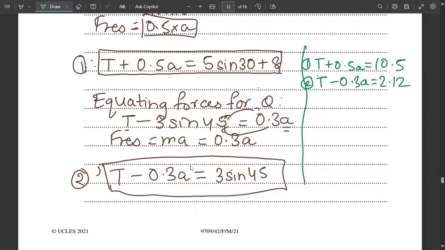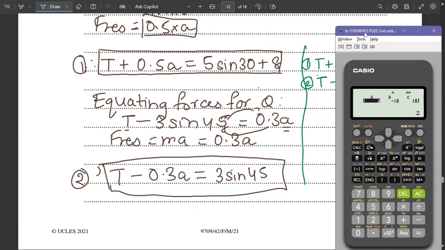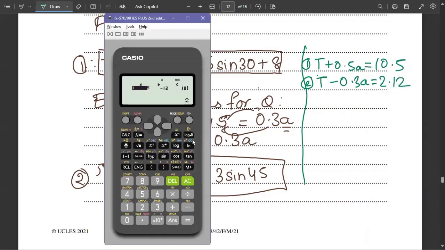Now these both are simultaneous equations. I can equate to find both T and a. Even though the question is just asking for T, I can find both T and a using this method. So in some other question, if they ask for T and a both, you can use this also. And this is a little bit easier method because we can visualize it and the chances of silly errors are a little bit lesser. 1 minus 0.3,